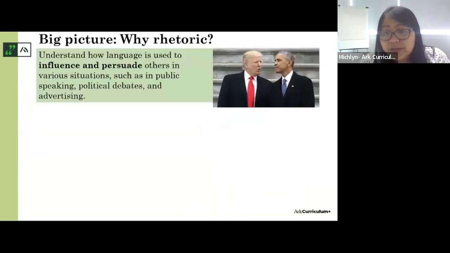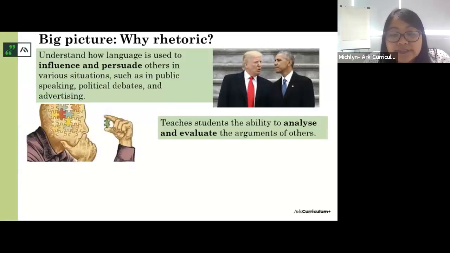The reason why we think it's really important is that by learning rhetoric explicitly, students will develop their cultural literacy by gaining knowledge of how communication has been used throughout history, as well as understanding how language and rhetoric shapes cultural values, beliefs and attitudes. It also enhances academic literacy by improving writing and speaking. It gives students the toolkit to analyze and evaluate the arguments of others, whether that's their own arguments, students in their class, but also in the real world when they